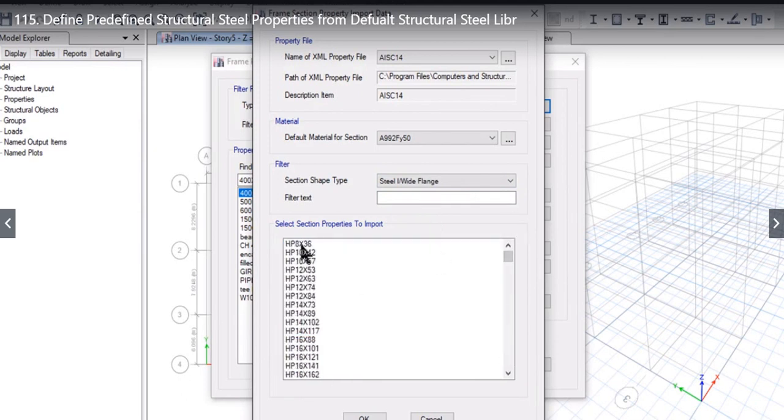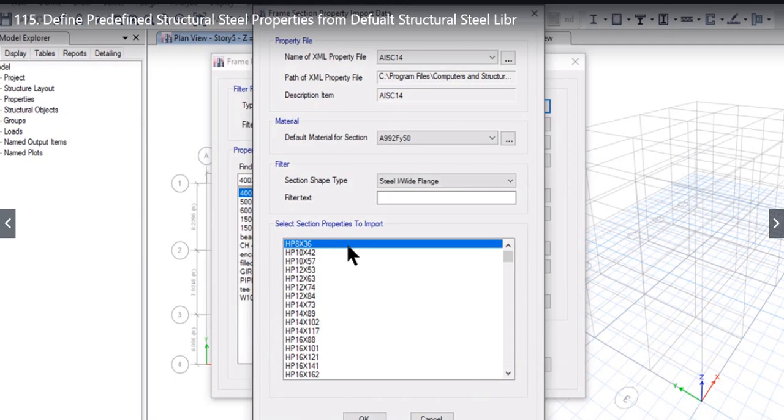In this case, we will go ahead with all the structural steel section properties. To select the multiple section properties, for example, what might happen is that while we are designing a particular model, it might happen that for the first time a particular member fails. What we have to do is increase the size of that section. We don't need to repeat the whole procedure by going to level 0.